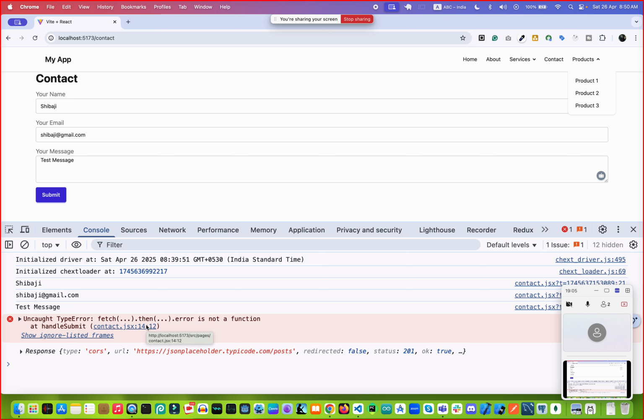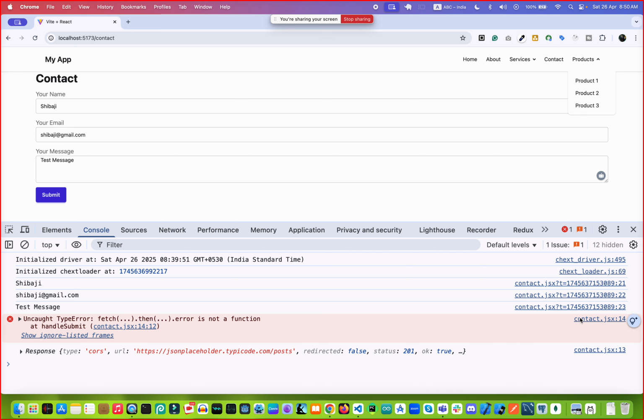we get some issue. Okay. Error is not a function. Okay. Status 201 is coming. Status 201, it is okay, but error is not a function. Why? That needs to be seen, because then